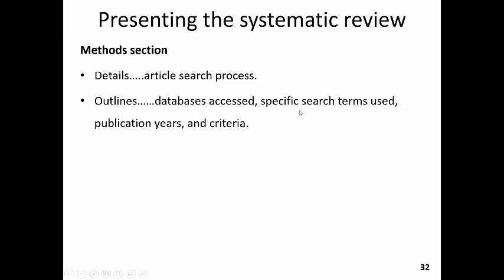This is basically a list of the words and the terms provided in the methods section. Did the researchers zero in on a particular range of publication years? So was it open to all studies, or did the researchers narrow their focus to a 15-year period,